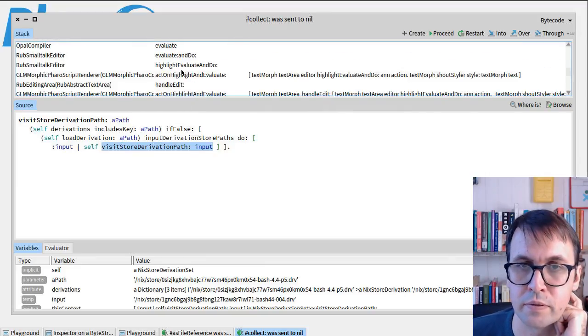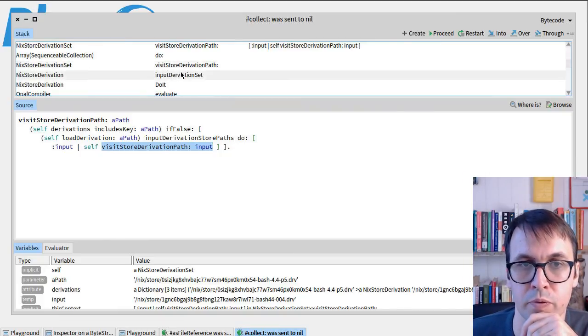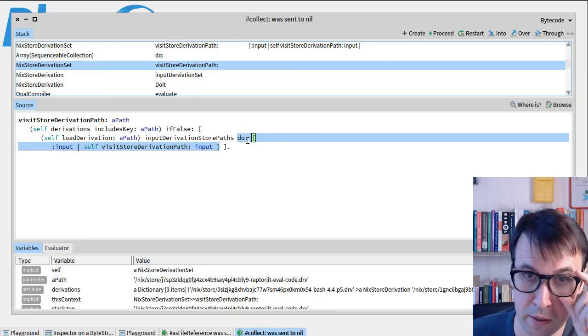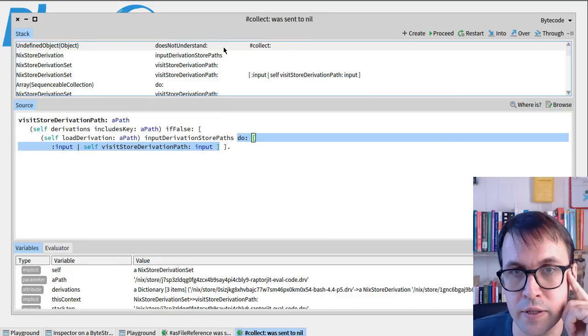This is our full stack UI. So we say, start the input derivation set. We visit one path. We then do this across its inputs. We visit those, recurse, and then at some point,